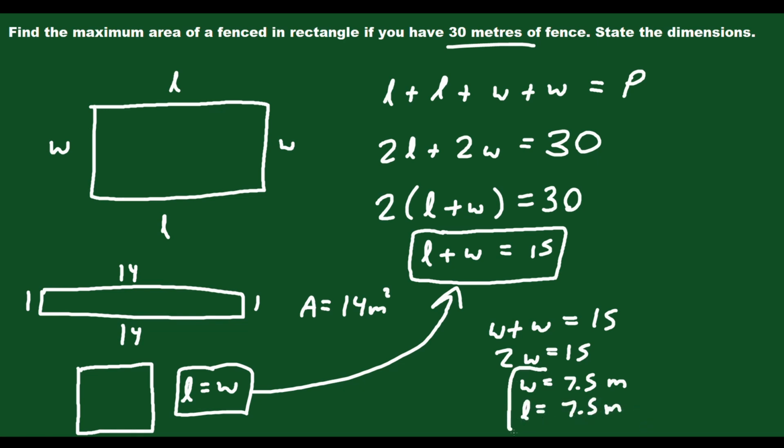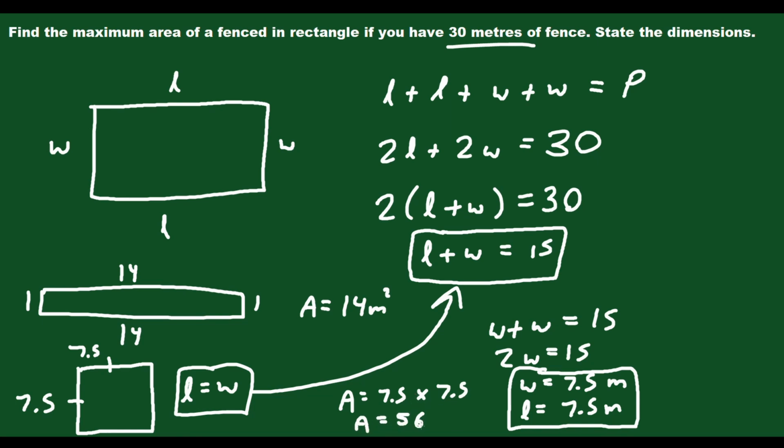So we know the dimensions. The dimensions are going to be 7.5 by 7.5. You can label that here. 7.5 by 7.5. Now what's the area of this going to be? Well, the area, you just multiply those together, right? So I'll write it here. Your area is equal to 7.5 times 7.5. So your area is equal to 56.25 meters squared. So your answer for the maximum area possible is going to be 56.25 meters squared